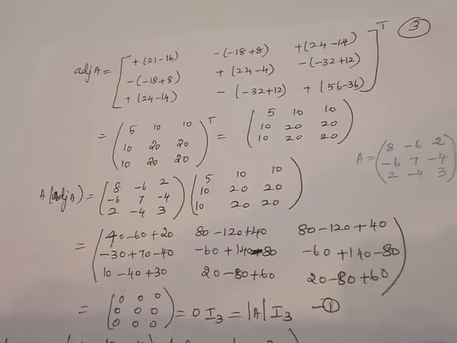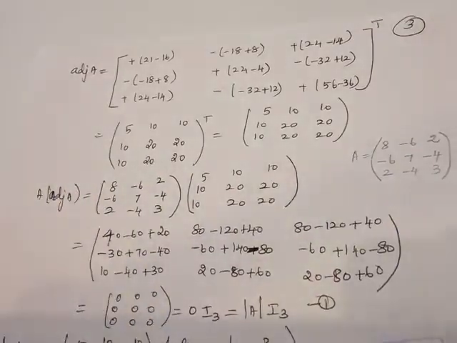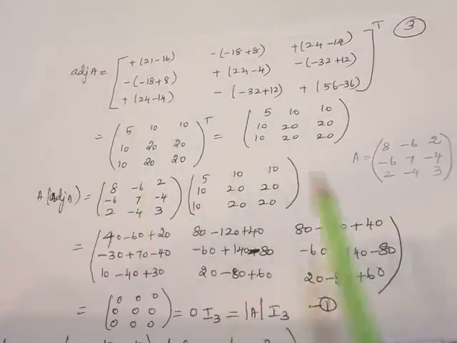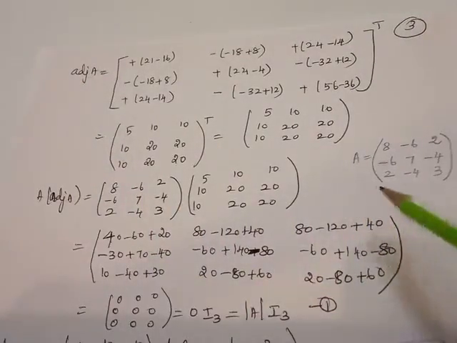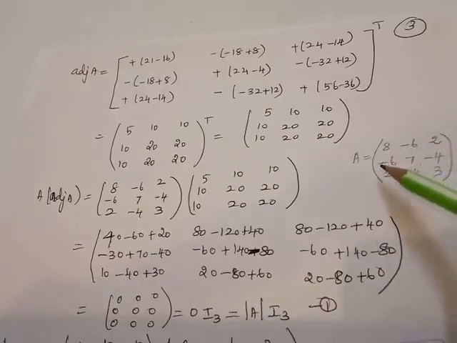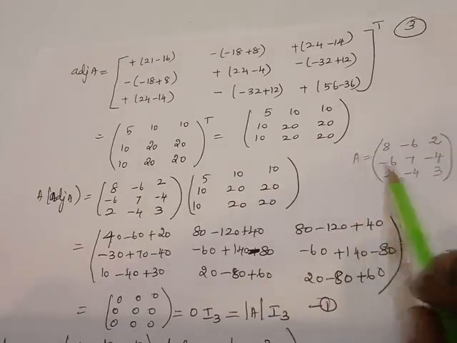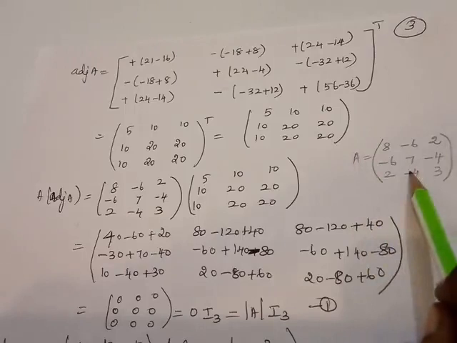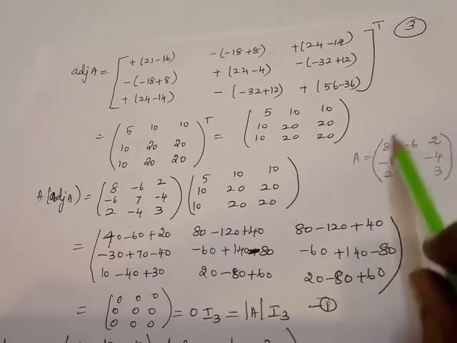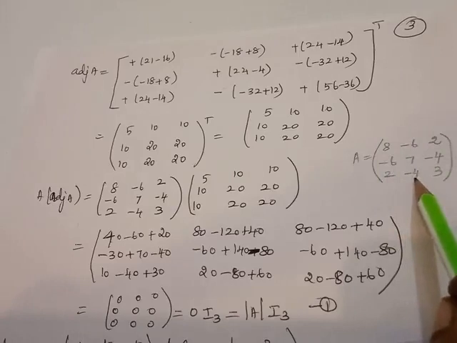Now we want to find adjoint A. For adjoint A, I am going to use the 11th standard method, because for a 1 mark question, find the cofactor of minus 4 in the given matrix A, we cannot use the shortcut method that I taught you in example 1.3. So this also you must know. We know it already, but I am going to recollect it. So I am going to use this method now. This is our old method.